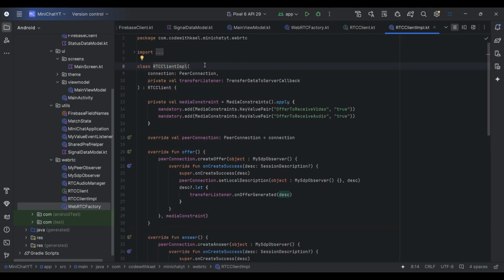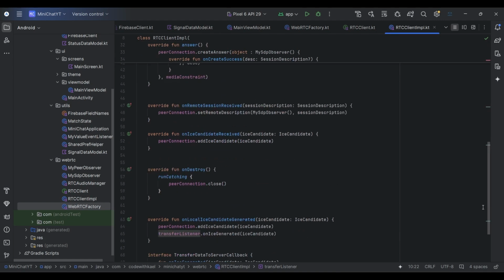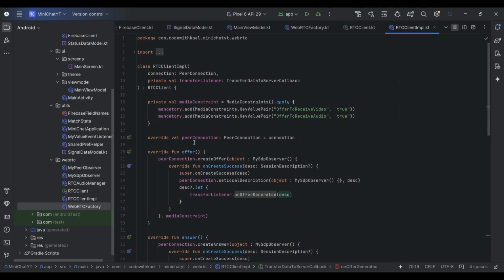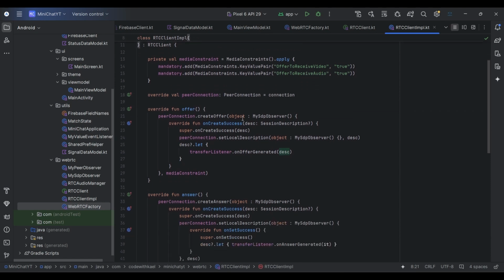As you can see, the RTC client implementation will receive the peer connection and a callback to manage the generated packets. If you take a look at this callback, you'll see that the ICE generation, the offer, and the answer generating. So the peer connection of this RTC client should be the one that is being received from the constructor,